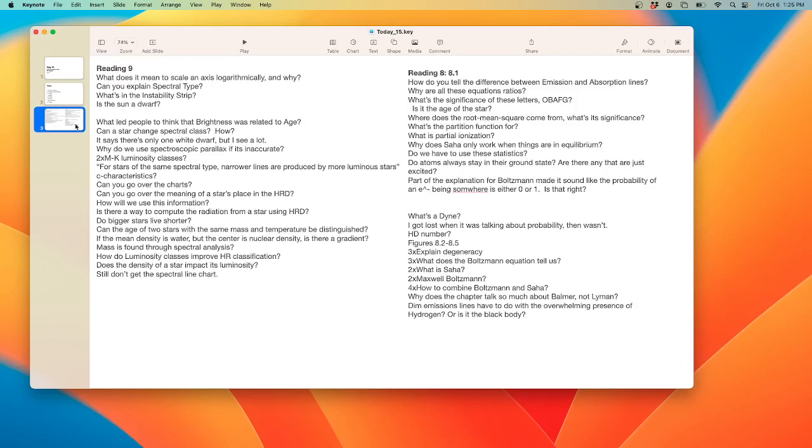So I'm actually going to go through old questions that I hadn't gotten to yet. So real quick, what's the difference between emission and absorption lines? Emission means that photons are coming out of the gas. So when you see a spectra,